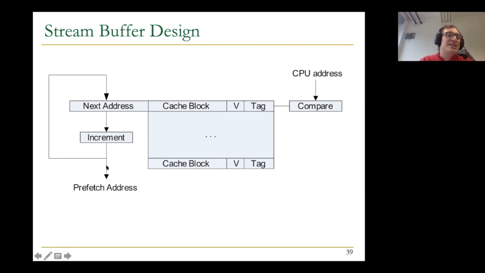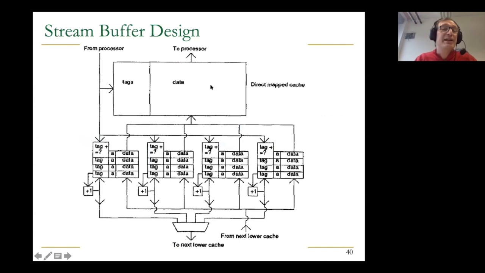And then this is the prefetch address, which is the next address that is not in the stream buffer. And then you keep incrementing it. So it's a very simple design in the end. And the comparison is also simple because you're comparing the address coming from the CPU only to the head of the stream buffer. And this is directly from the paper. You can see an example of 4 stream buffers over here. And I'm not going to go into the details of this, but you can see a very specialized design just for streaming +1. And you can imagine if you have 4 of these, this works nicely with a maximum of